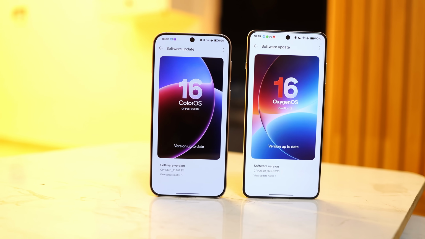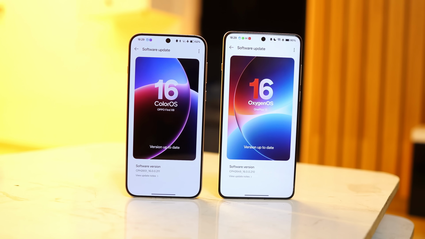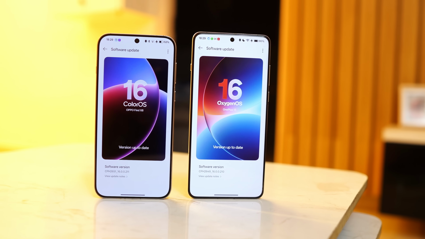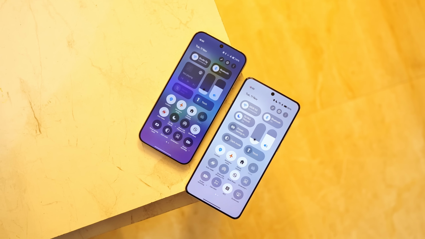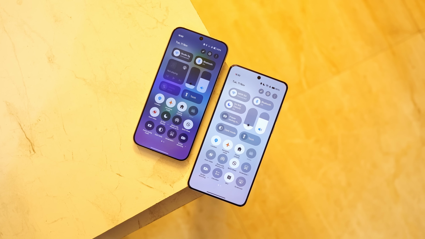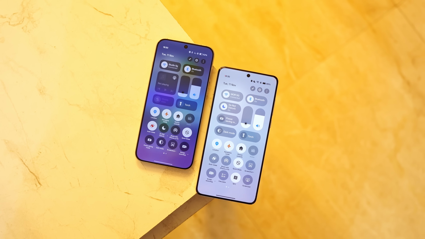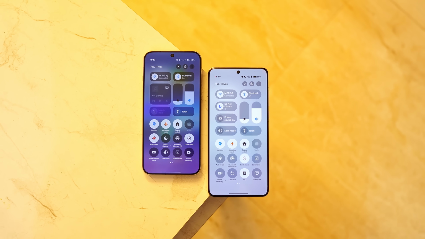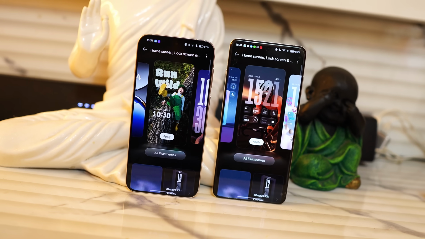So we all know that we have been testing OxygenOS 16, and recently I also got my hands on ColorOS 16, and I thought let me show you guys if there is any kind of difference between these two OS or if they are exactly the same. So in this video we'll be doing a detailed comparison between OxygenOS 16 and ColorOS 16, and